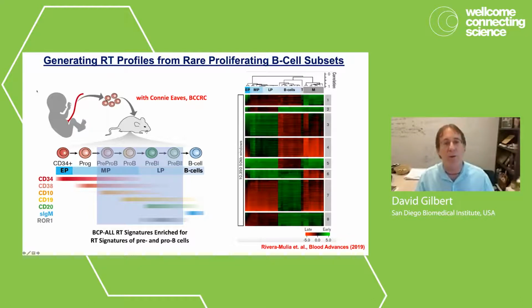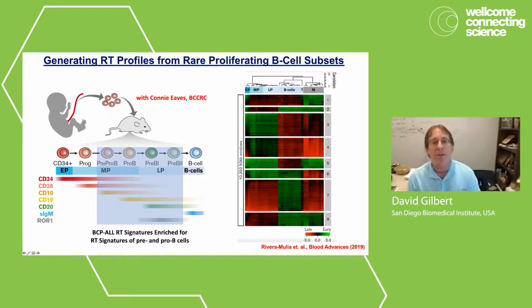Another thing we could do is, okay, another criticism that I was taking during this project was that we didn't have a proper wild-type comparator. Now, we all know that that's very difficult in cancer biology, but with BCP-ALL, we actually have a good idea where the cancer derives from. It derives from the pre and pro-B stages of B-cell differentiation. But I was also being told by everybody that it's impossible to get these cells. They're very rare, and they don't proliferate. They're all quiescent. So you've got to get them, but you can't get them.